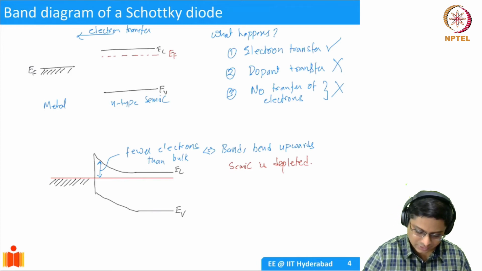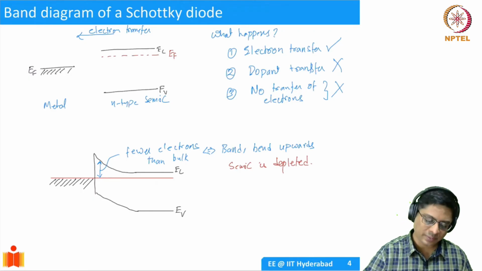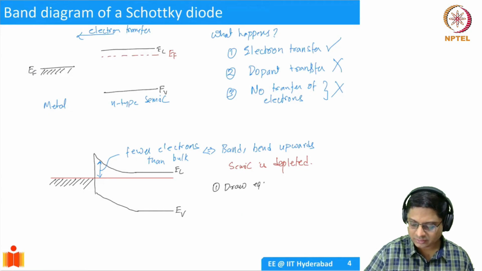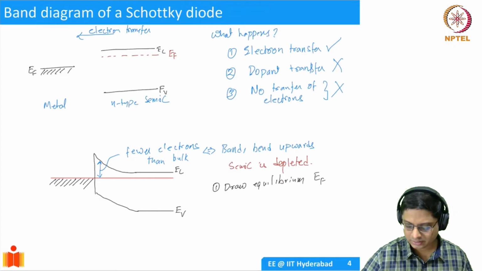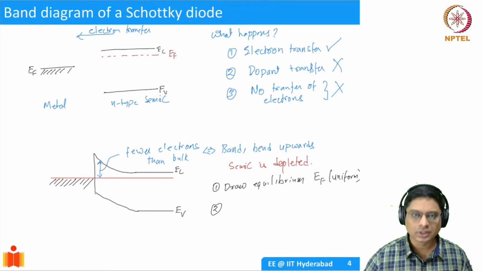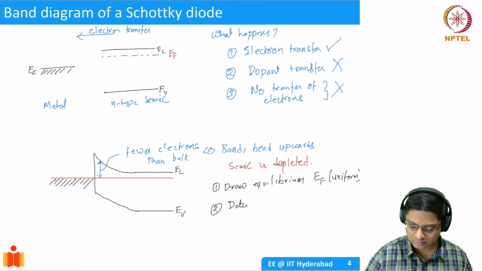So these are going to be in contact, and this is going to be metal, right? So the recipe is the same as what we have been following in the previous cases. Number one, draw the equilibrium Fermi level, equilibrium EF, which is uniform across the device because there's no external bias. When you apply external bias, it's going to be changing. Number two, determine electron transfer